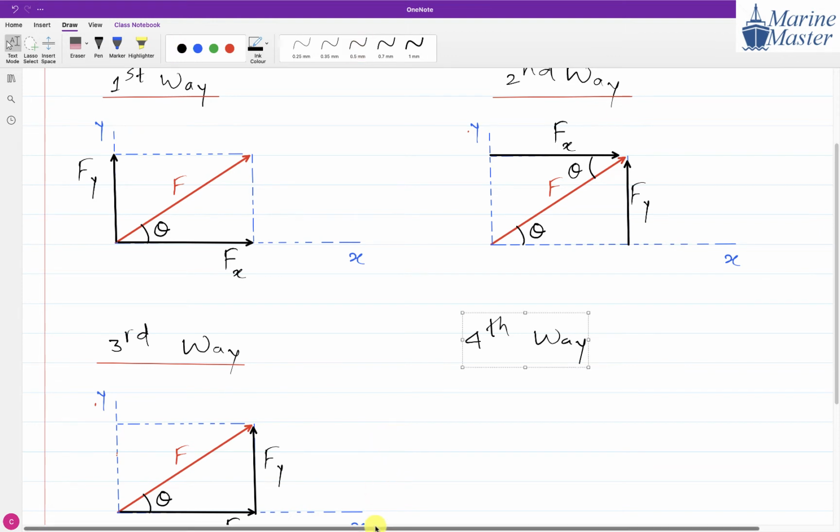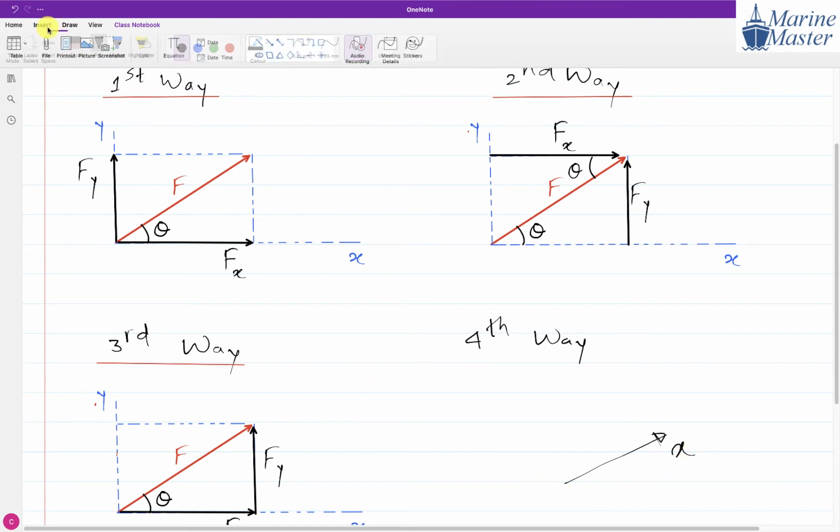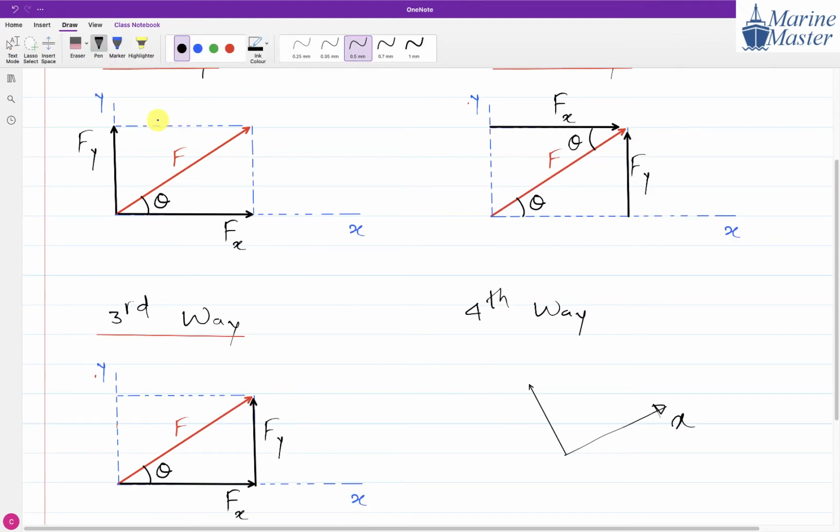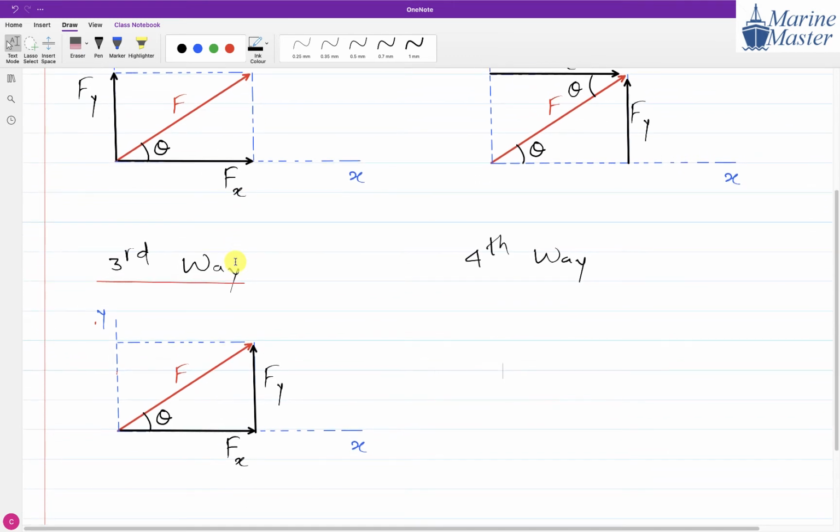So take out that idea that x is always horizontal and y is always vertical. X can be in any direction, but remember, if x is along the plane, suppose we assume this is our x direction, then compulsorily the y direction must be perpendicular to that x direction. So this will be our y direction. So we can take x and y directions like this also, but we will see in upcoming discussion. For now, to keep things simple, we will keep x horizontal and y vertical, but it is not always like that.